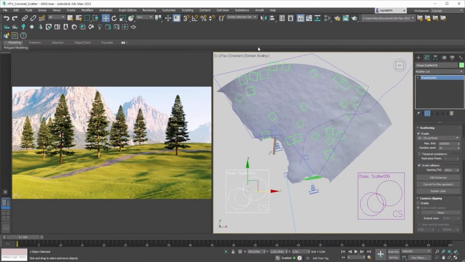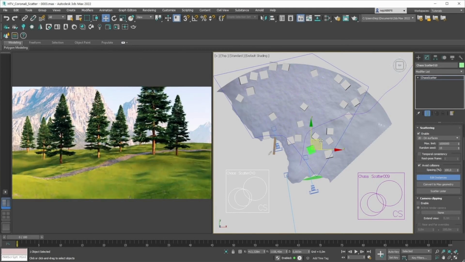Now, if you are a 3ds Max user, we do have some additional functionality for you as well. Unfortunately, this is not implemented in C4D just yet. We hope to get it implemented soon, but for now, it's available only in 3ds Max. And that is this really powerful, in a way, edit instances functionality. If you just hit this button right here, now you can select any of the instances that you have in front of you, and you can move it anywhere you want to. You can scale it however you please, and you can rotate it,